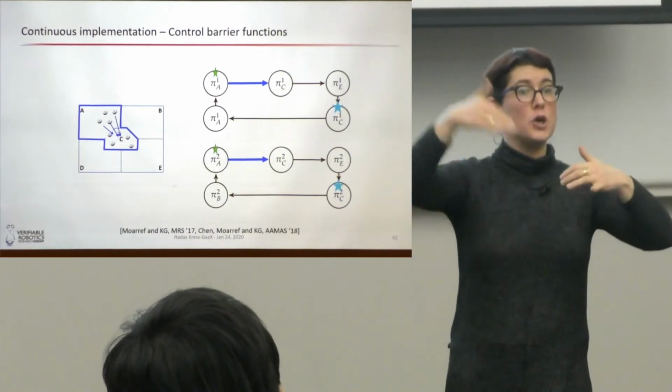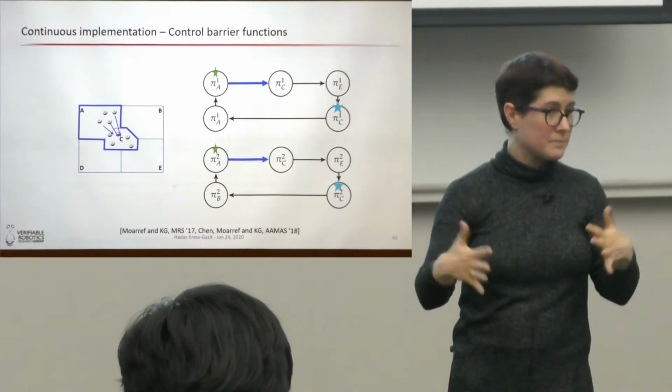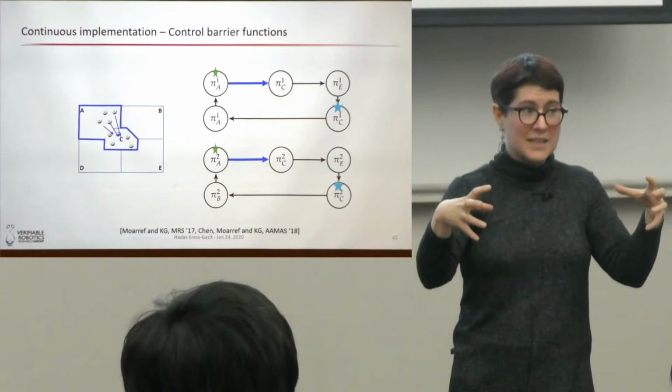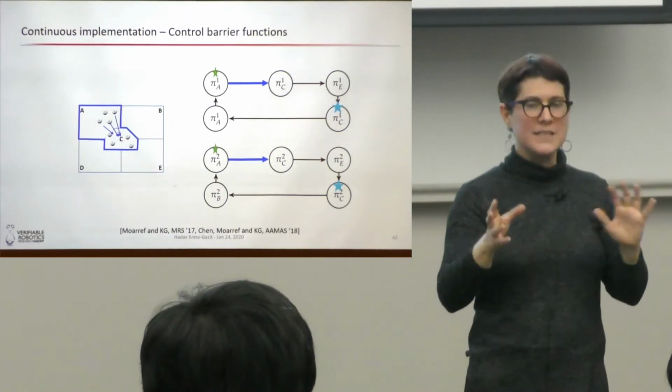So it's never going to go to a different region. They also guarantee safety with respect to other robots, so they're never going to collide. However, they don't guarantee freedom from deadlock. It could be that you have a lot of robots and a very narrow passage, and they're just not going to work out. So we have some ideas of how to deal with that, but we cannot guarantee it.